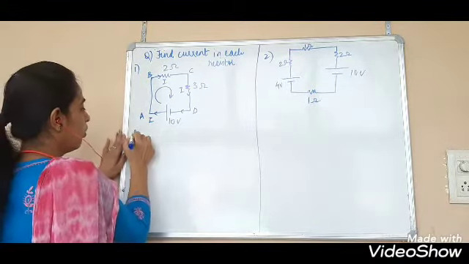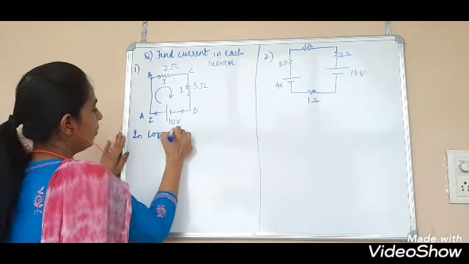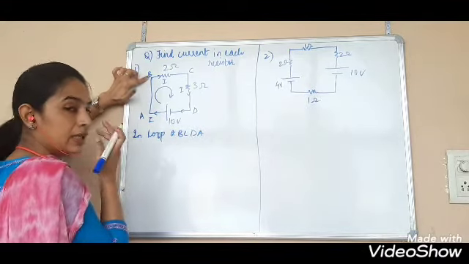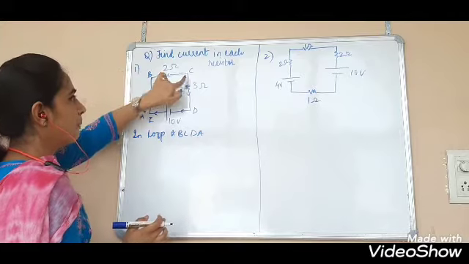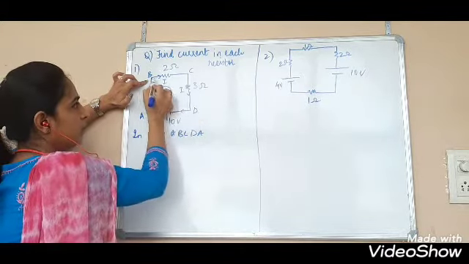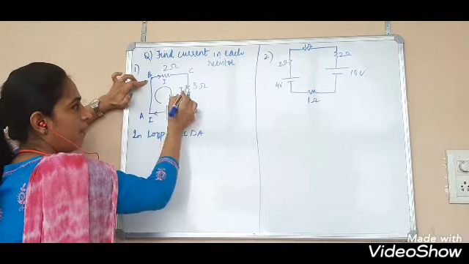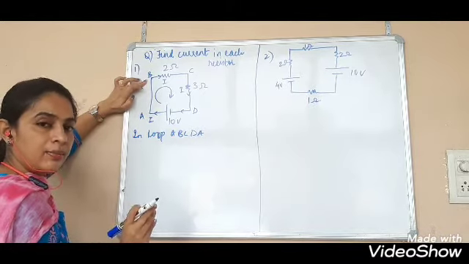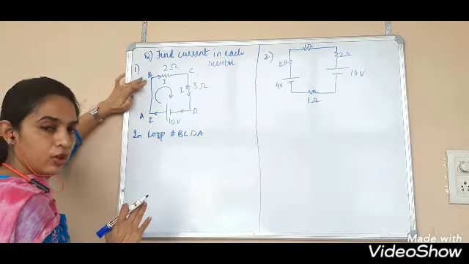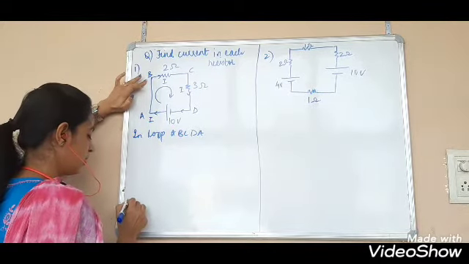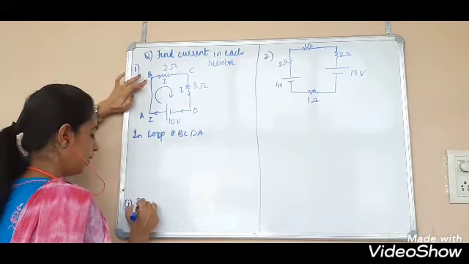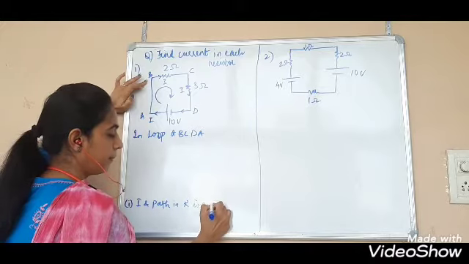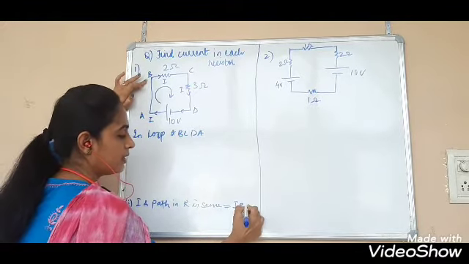So while going around the loop A, B, C, D, A, that becomes a closed loop. While going from A to B, there is no potential drop. While going from B to C, current is in this direction and our path is also clockwise. Remember, when current and path are in the same direction, the potential drop is negative. You have to note these two points. These are shortcuts. When current and path in a resistor are the same, IR is negative.